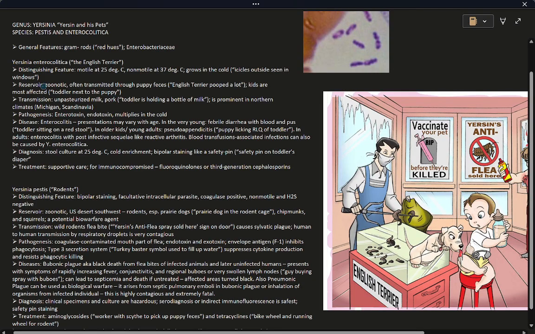And for its main reservoir, the bacteria is zoonotic, so it is often transmitted through puppy feces or dog poops, particularly in the outdoors. To remember this, think about the English terrier that happened to poop a lot, as shown over here. And then the kids happen to be most affected by this. To help you remember this, think about the toddler that is next to the puppy, as shown